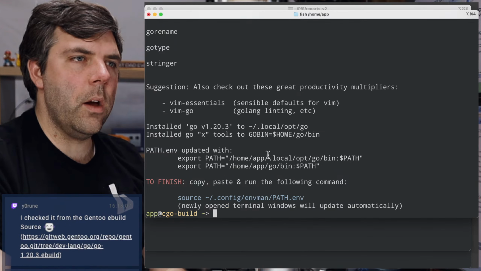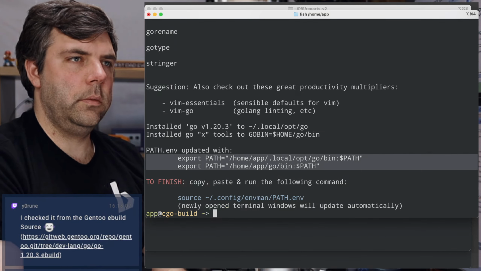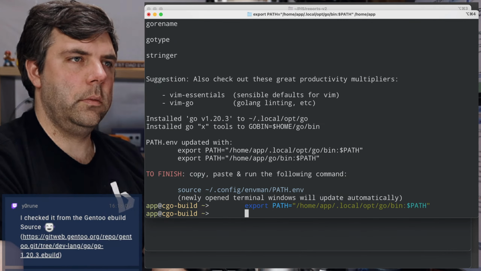All right, we good to go? Let's add that there. SSH pub key. All right, I'm going to go grab that. I'm going to put it in the right place.